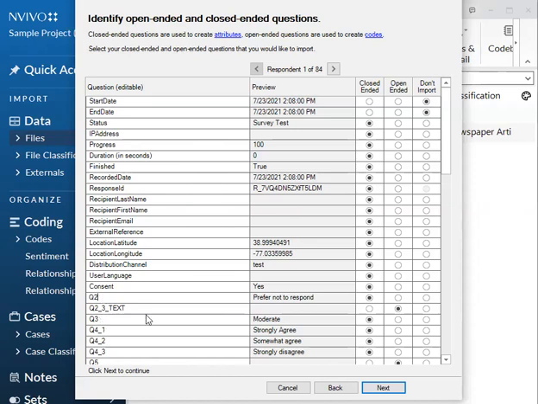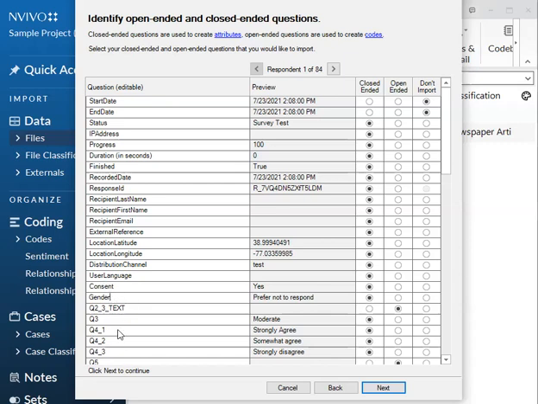But for instance, my questions are labeled Q2 and Q3, Q4, and that's not necessarily easy to remember which questions those correspond to in my survey, like what the themes and topics of those questions were. So if you want to change the name of them to something that's more self-explanatory, that's very possible. So for instance, Q2 is a question about gender. I can name that gender.